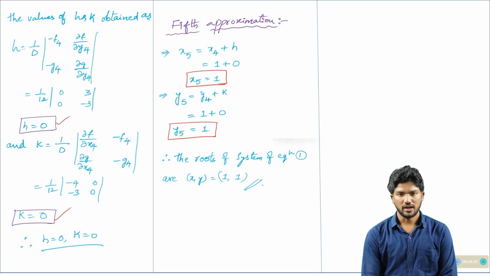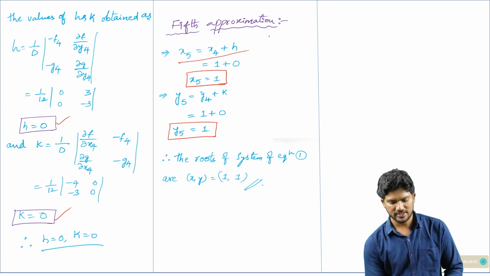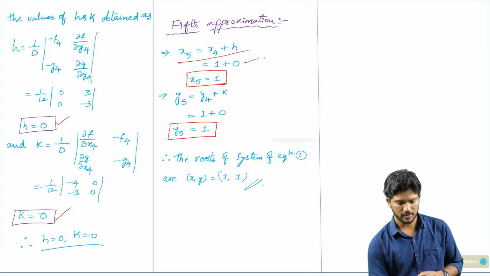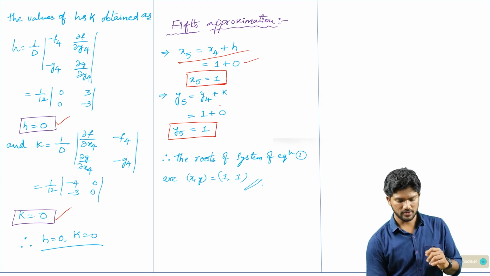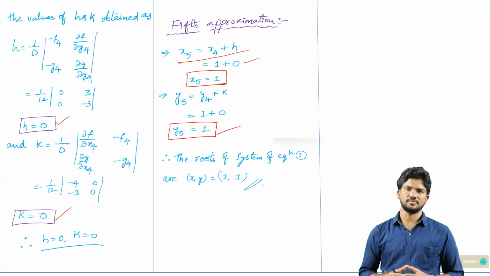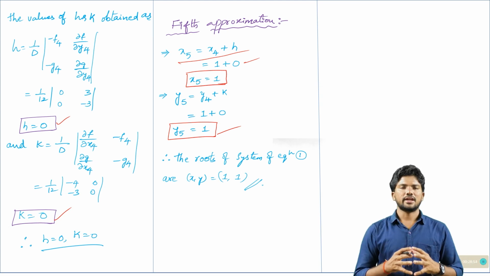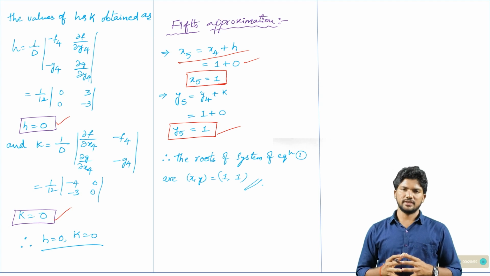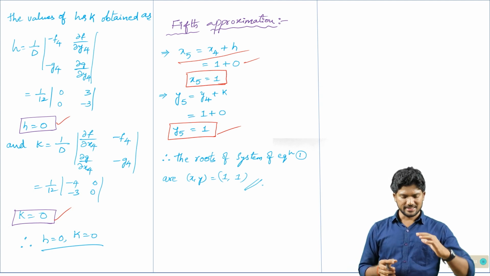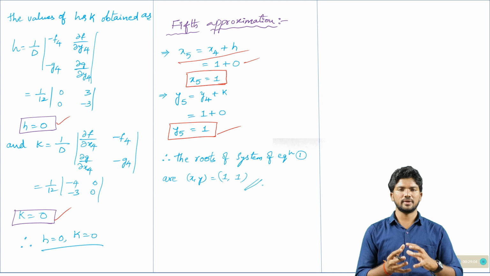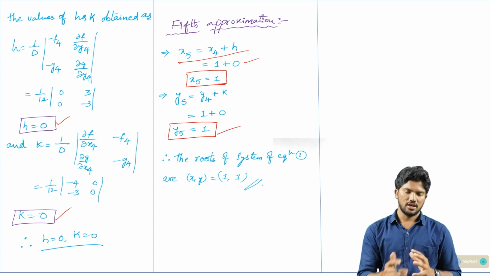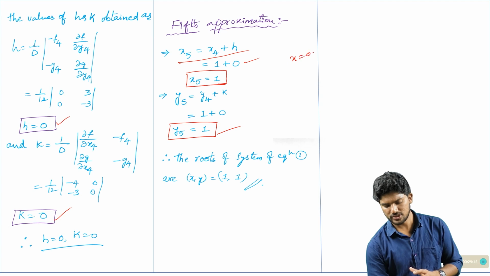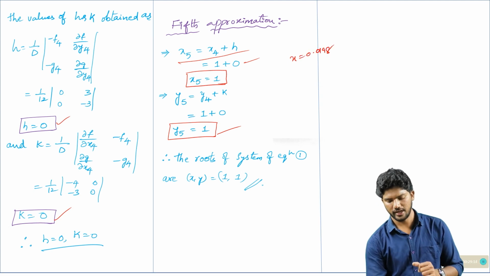Therefore now in the fifth approximation, x suffix 5 is equal to x suffix 4 plus h. So x suffix 4 value is 1, 1 plus 0 is equal to 1, x suffix 5 is equal to 1 and y suffix 5 is equal to 1. With the help of the Newton Raphson method, we can find the exact root of the given system of nonlinear equations. For the same system, using the method of iteration, we derived that x is equal to 0.998 something and y is also